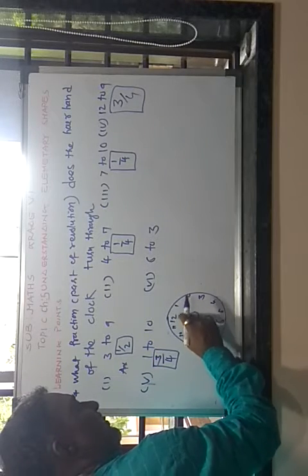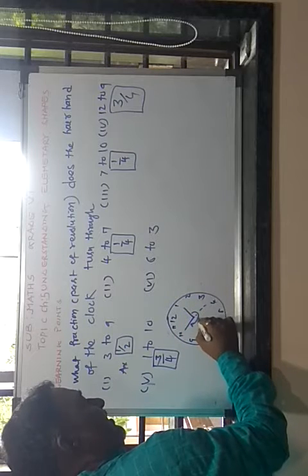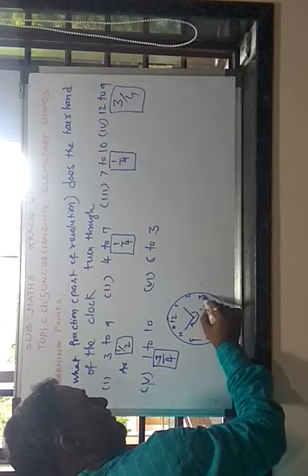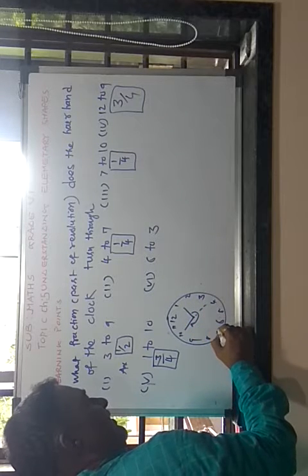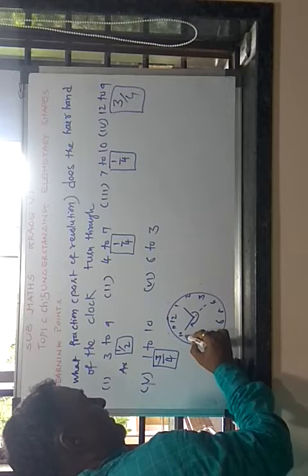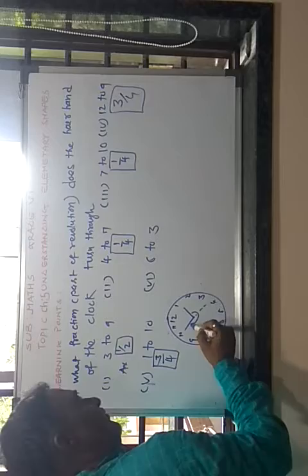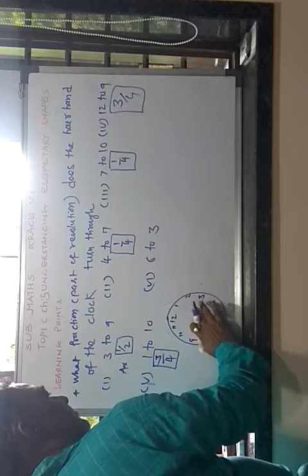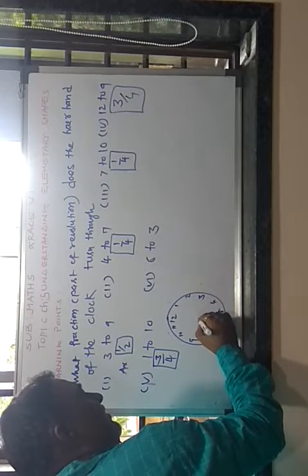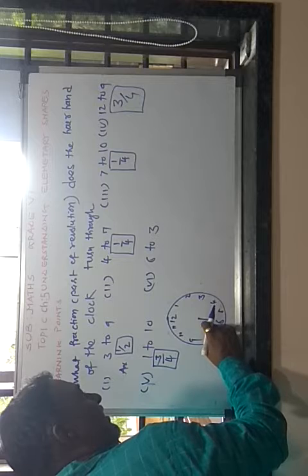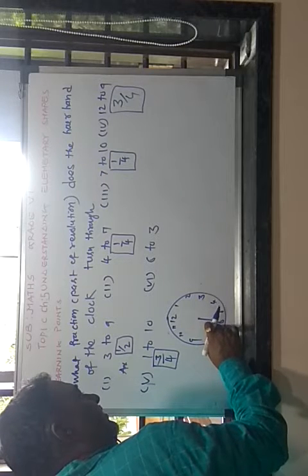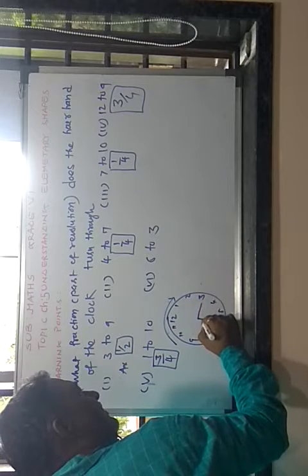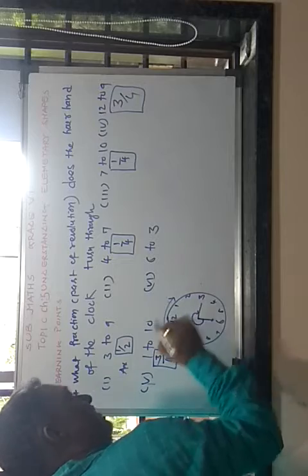1 to 10, you don't have to look at this; a reflex angle is formed. This is 90 degrees and this is 5, 10, 15, 20, 25, 30, 35, 40 and 45. Okay, so 45 minutes means 3/4 here. 6 to 3, 6 to 3 means it will go like this. Again it is 3/4.